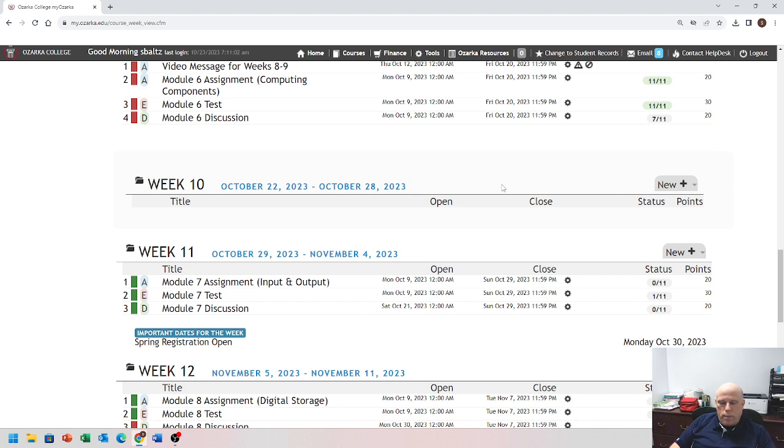You'll also learn about output devices as well, such as displays, printers, speakers and headphones, data projectors, and interactive whiteboards. So Module 7 basically takes you through all the various types of input devices for a computer, as well as all of the output devices for a computer.